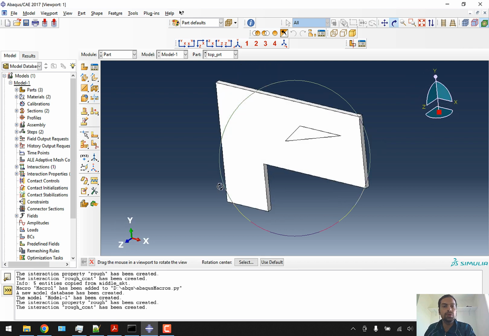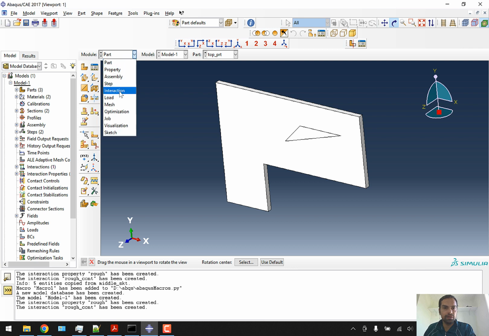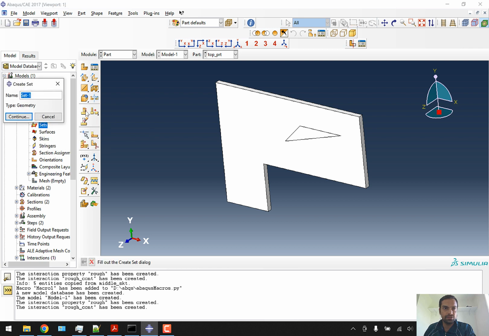So what we are going to do now is that after creating this partition, we will move on to the next part of our exercise, where we have to define the material properties of this section. So maybe we'll go to top part again and we'll create sets. So first of all we need to create a geometrical set. We'll call it wedge, because this is a wedge which will be failing. And